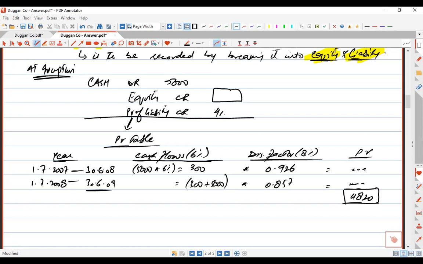So we recorded the present value of liability as 4820, and the differential between the cash received and the present value of liability is the equity portion. So the differential would be recorded as equity, and the differential amount is calculated as 5,000 minus 4820. So a differential of 180 is to be recorded in the equity portion. We are not done with this. Till now we showed the initial treatment.